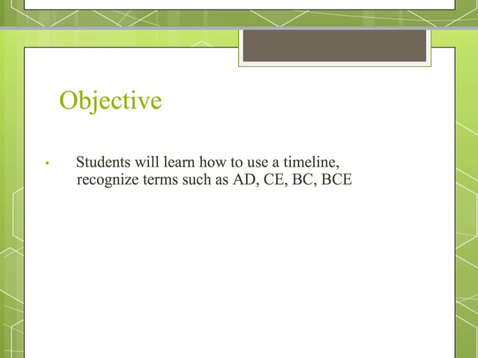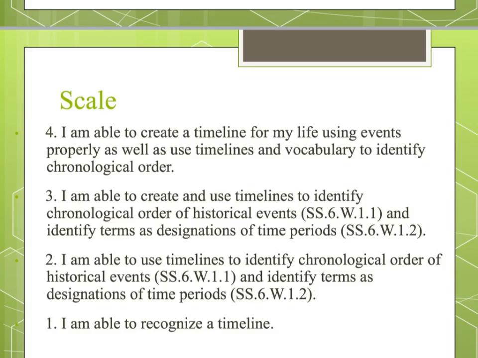So today you're going to learn how to use a timeline, recognize terms such as AD, CE, BCE, and BC. So in your notebooks right now, go ahead and write down a number in the top corner where you are on your scale. If you're a 1, you can recognize a timeline. If you're a 2, you can use a timeline to identify chronological order of historical events and identify terms and